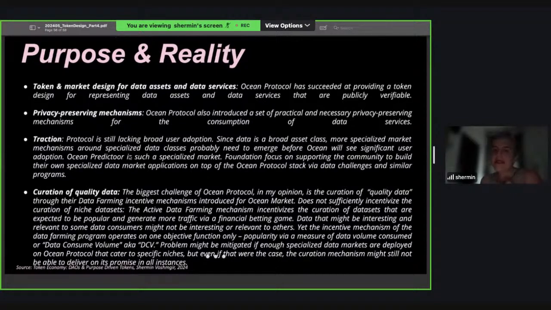The problem for me is that the incentive mechanism of the data farming program operates on one objective function only, the popularity via the measure of data volume consumed, DCV, right? The problem might be mitigated in case, for example, enough specialized data markets exist or are deployed that cater to very specific niches, because I think in the niche you can take